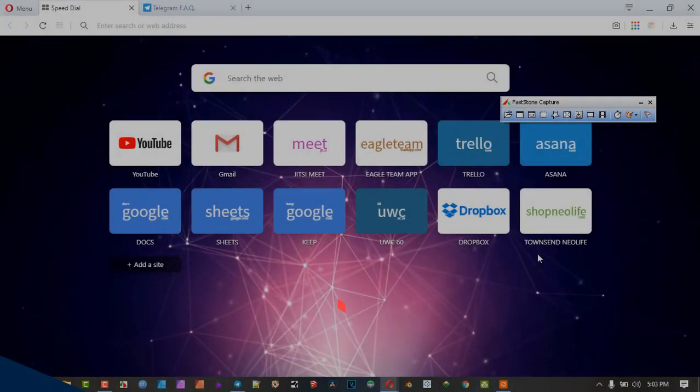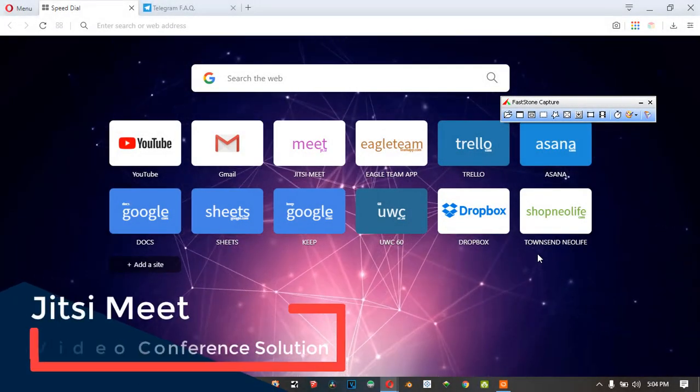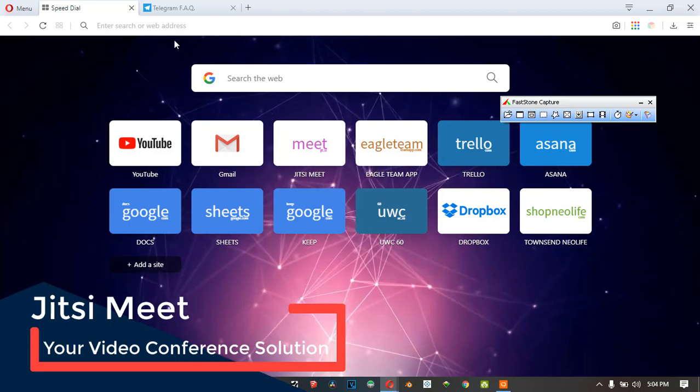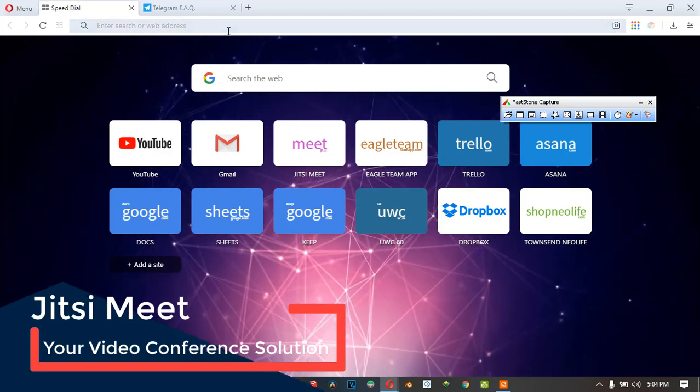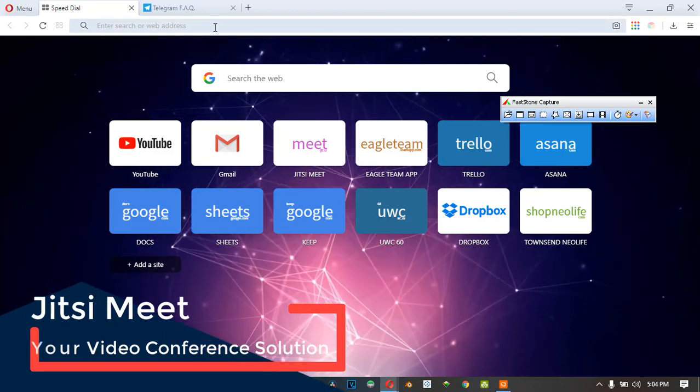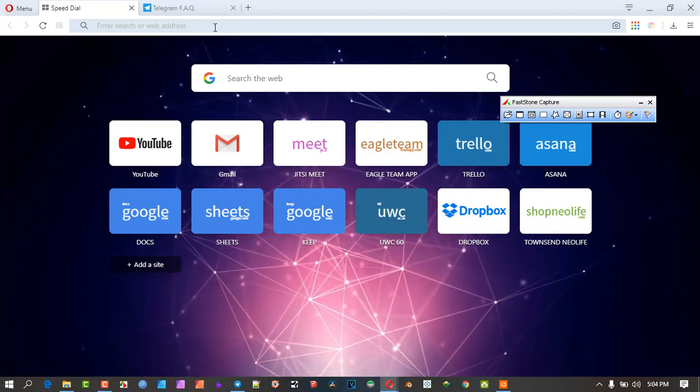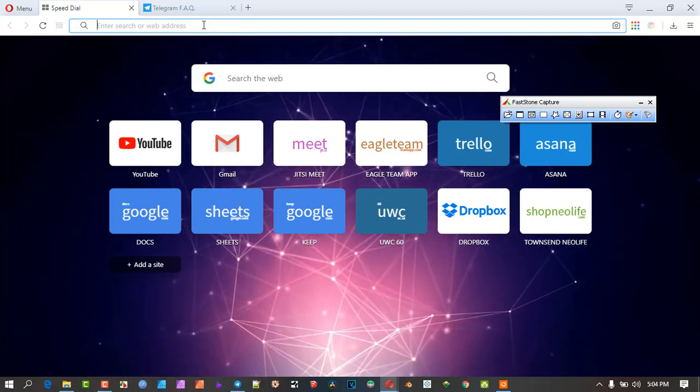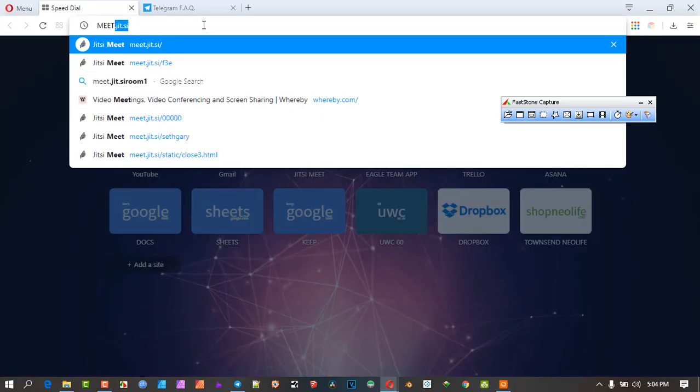Let's cover when you get an invite from a Jitsi Meet platform. So that's for you to conference. Usually you'll get a link that you'll click onto and it will open it up in a browser automatically. But let me show you here. The link would look something like this: